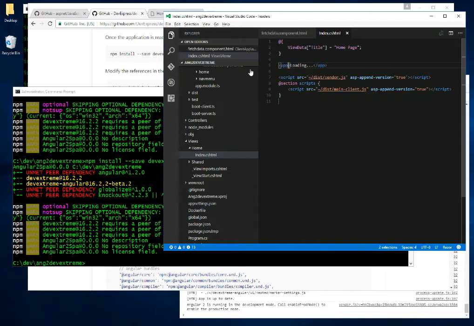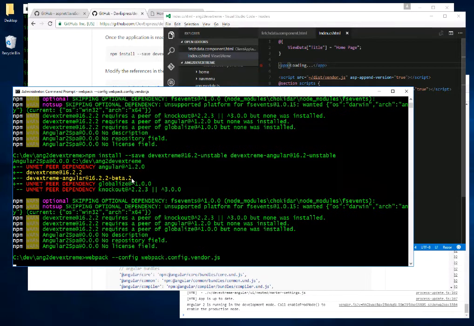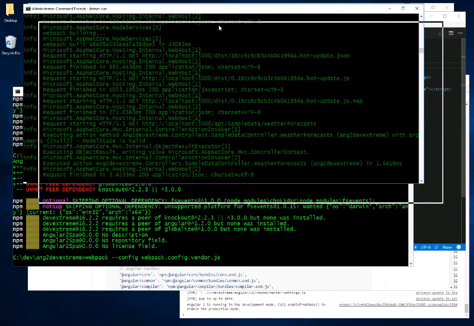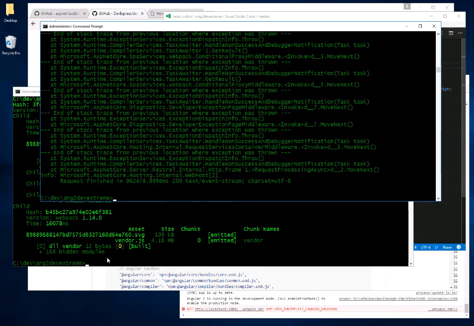Now, after we have installed our components, we need to rebuild the webpack vendor file. So we run webpack once more to include our DevExtreme component, and after we rebuild the config vendor webpack file, we have to restart our application because it loads up the vendor file again. So we will run it again from here,